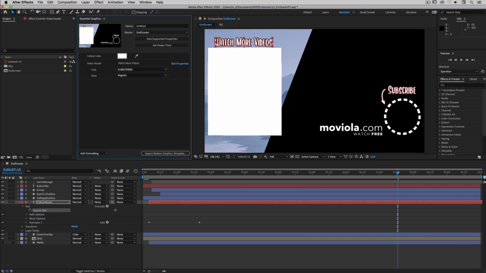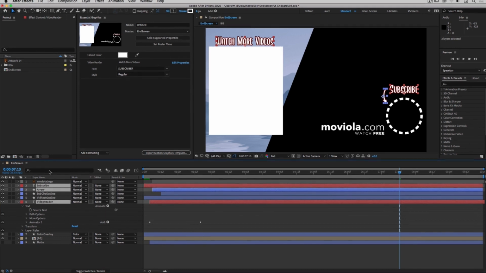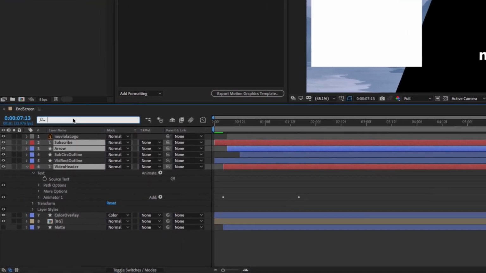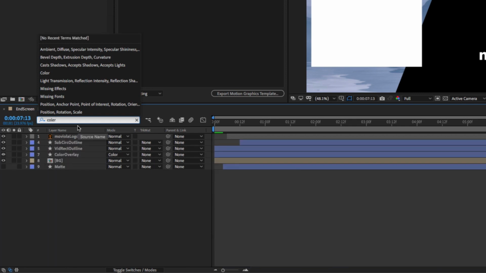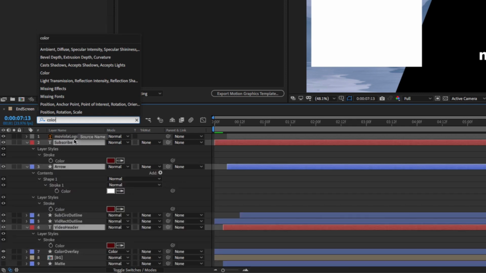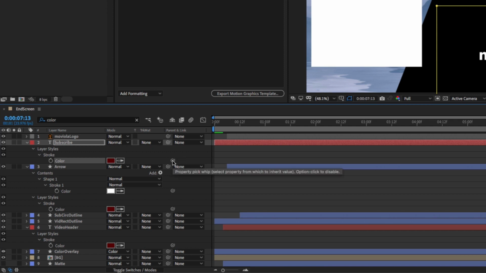Now let's start with the outline colors, just because I did them kind of the same way on all three of these layers, which is to say I made all the outline colors with the stroke on layer styles. So it's fairly simple. We're going to use the arrow as the driver, so we just simply pick whip